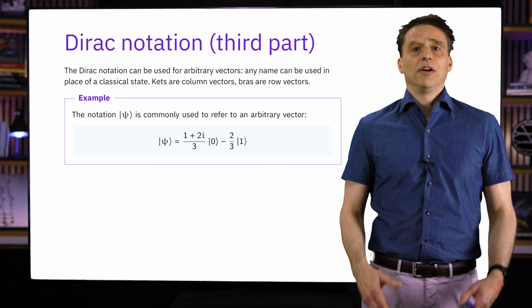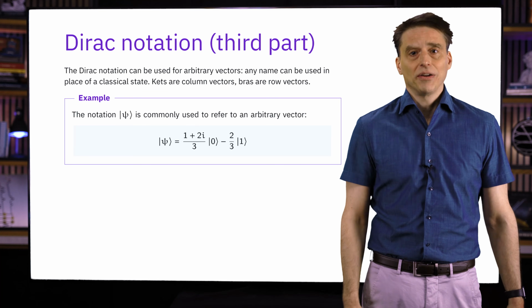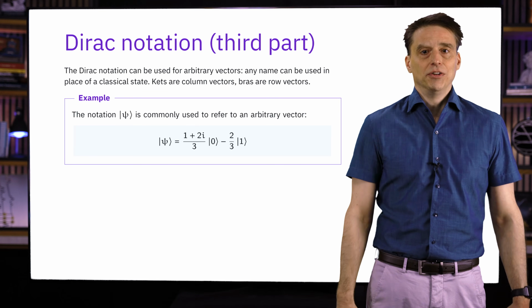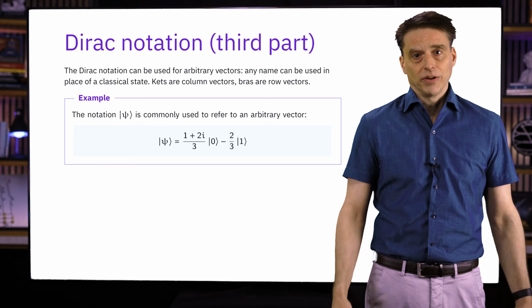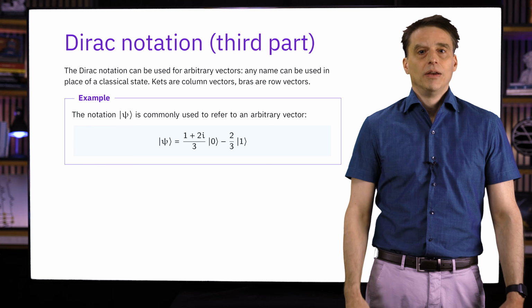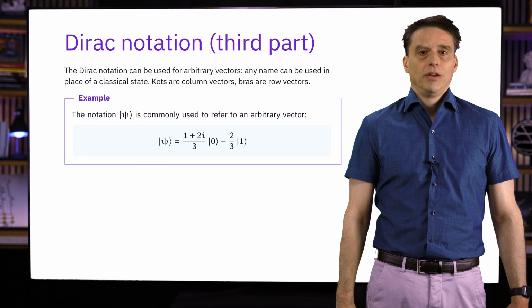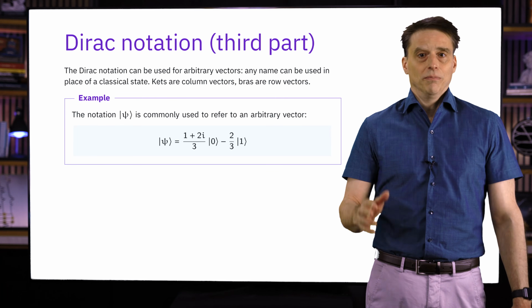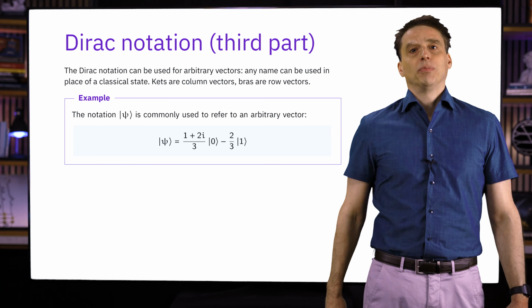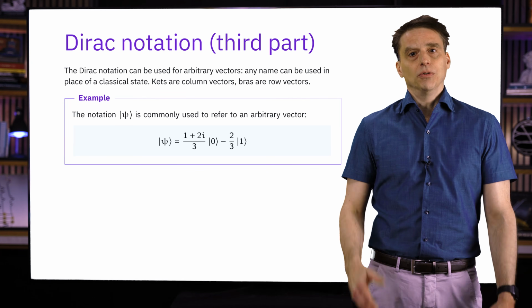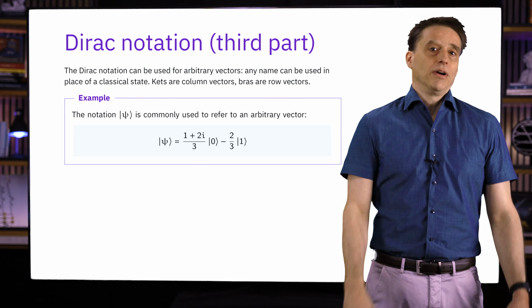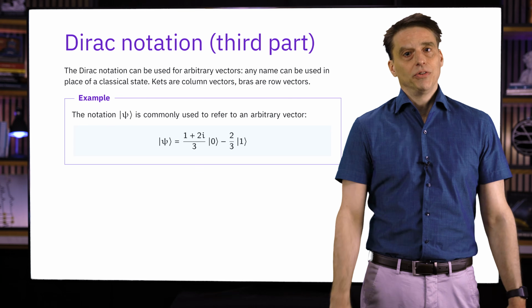Using a lowercase letter such as u, v, or w without a ket is also a fine way to denote a column vector, or more specifically, a quantum state vector. It's your choice what notation you use to express yourself. You just need to make sure that number one, the meaning of what you're trying to express is clear to others, and number two, that you understand what others are trying to express even when their preferences for notation aren't the same as yours.